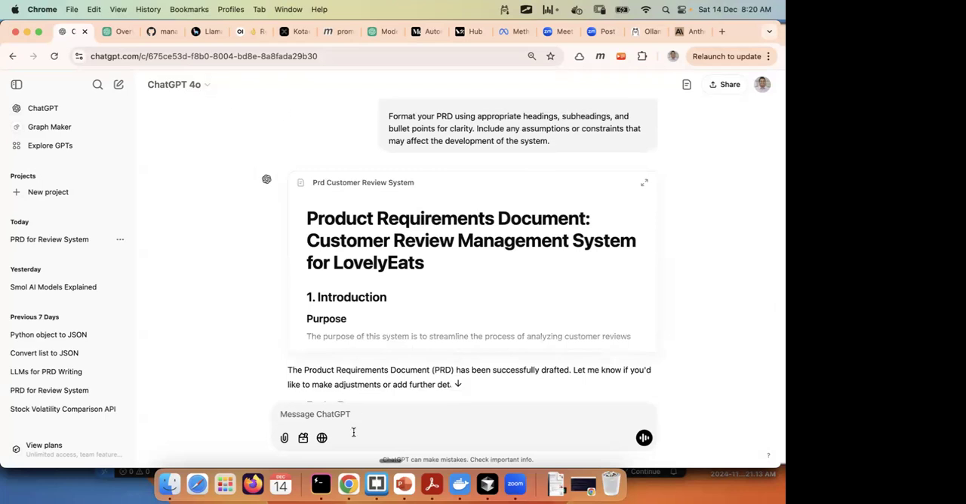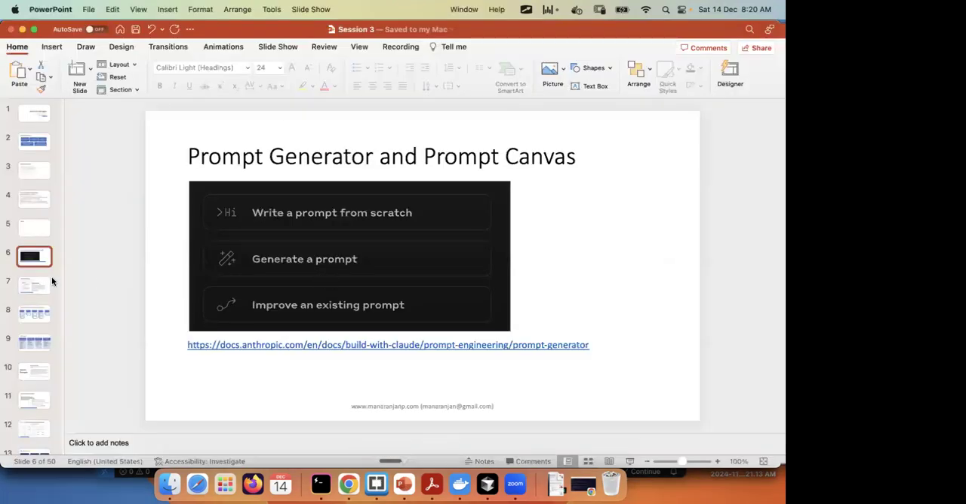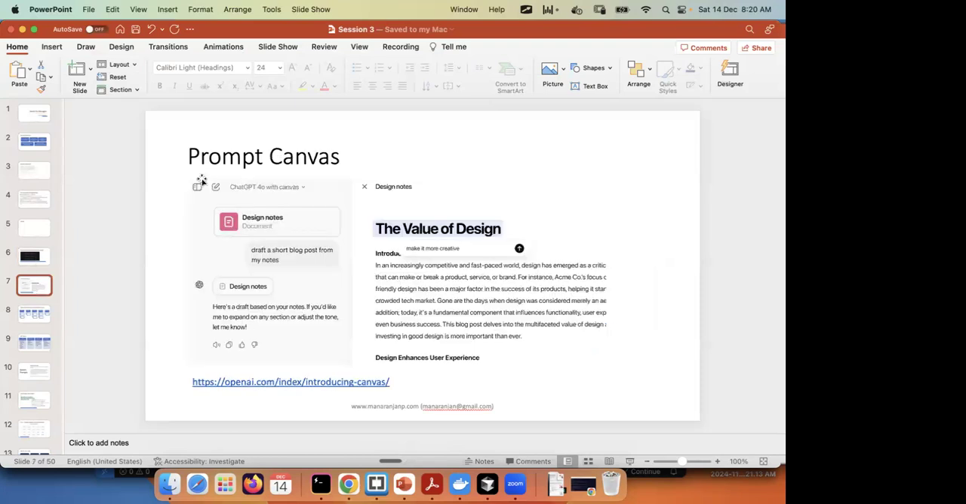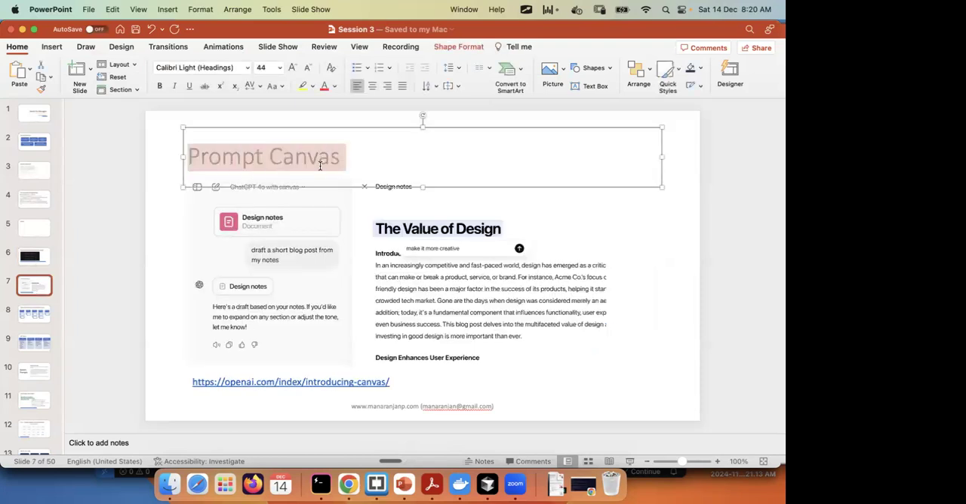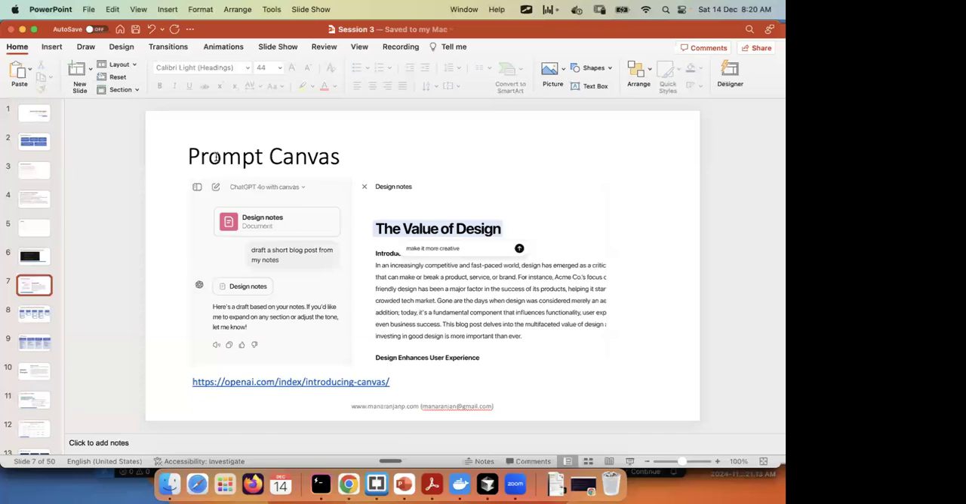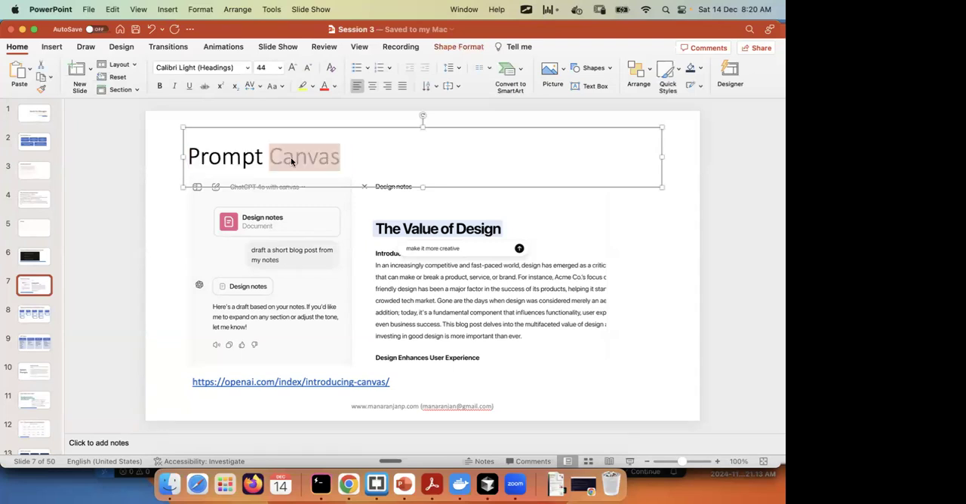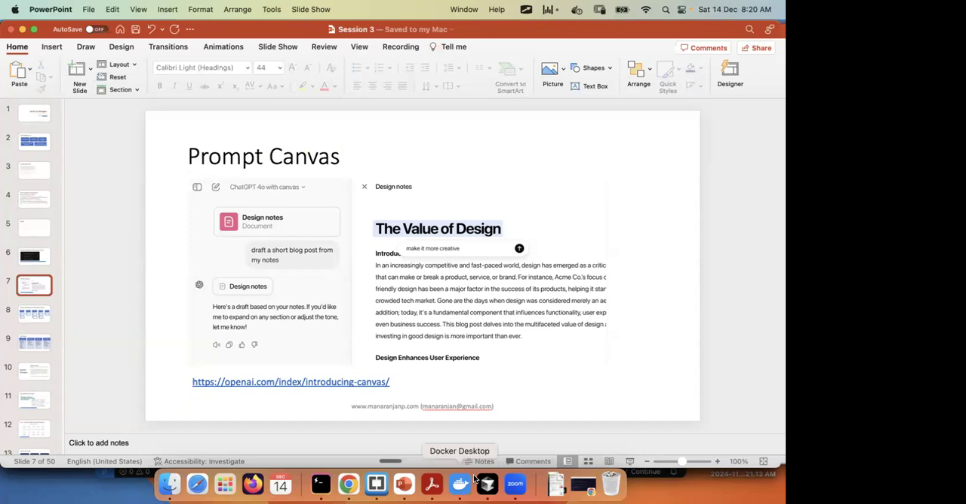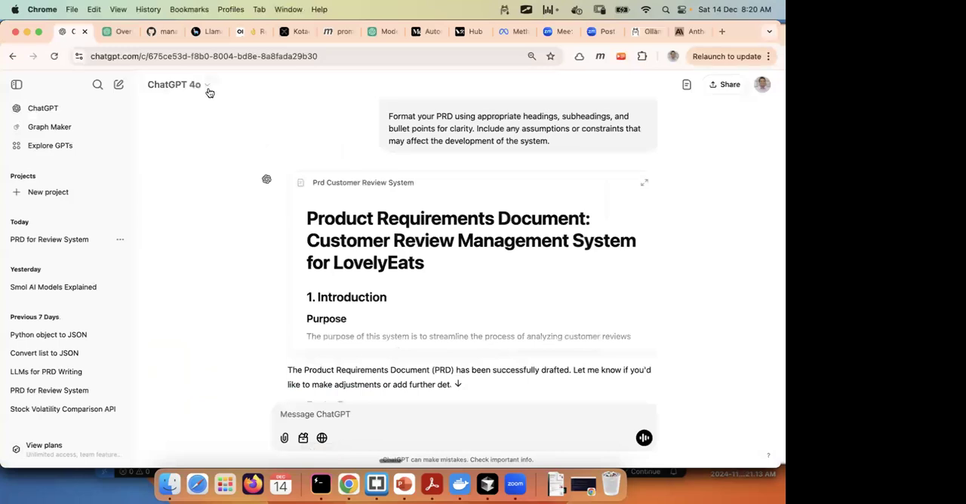And there is another feature, which is provided by OpenAI and is also available on Claude itself. In fact, quite a few models are now providing this concept of Canvas. Canvas is a very important and very useful feature, and a lot of people are using it now, though it's available only on the paid version of OpenAI. So what you can do is